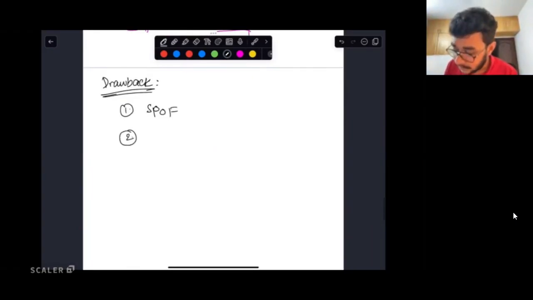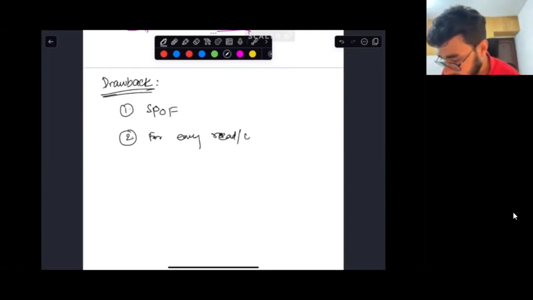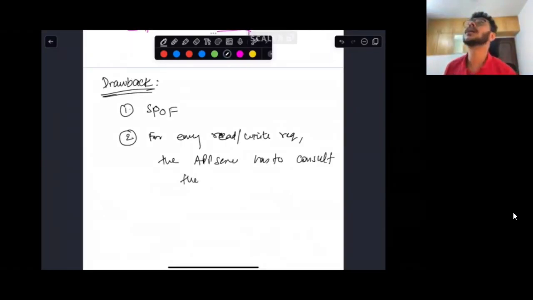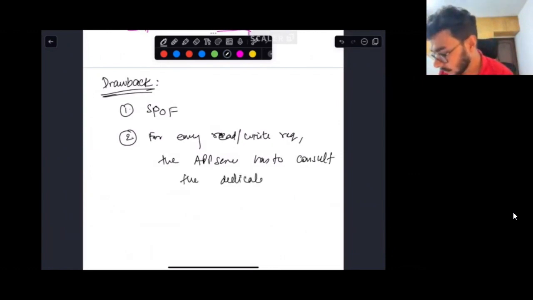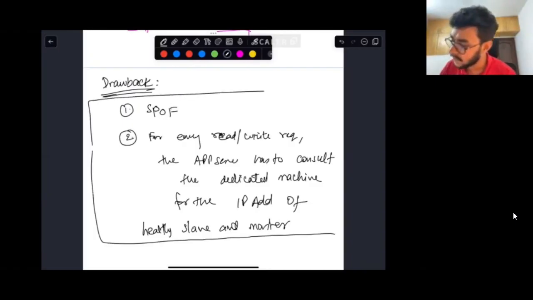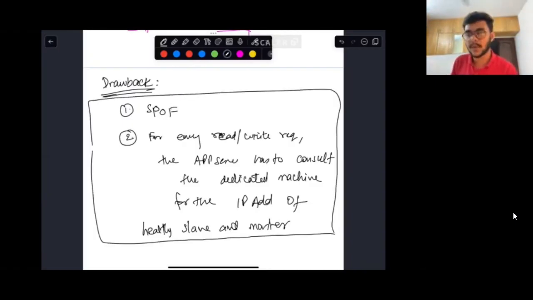The second one is for every read/write request, the app server has to consult the dedicated machine for the IP address of the healthy slave and master. Are these two drawbacks clear to everyone who is in the class right now? Are these two drawbacks clear to everyone?